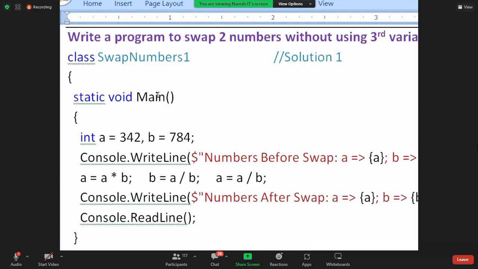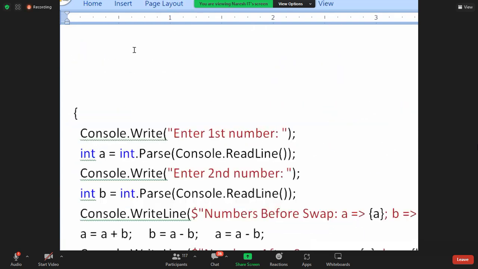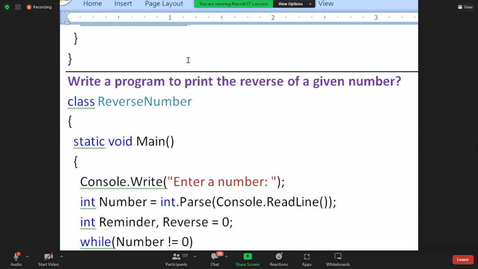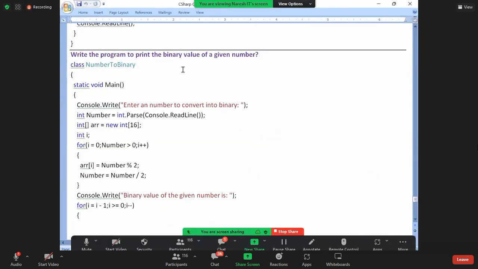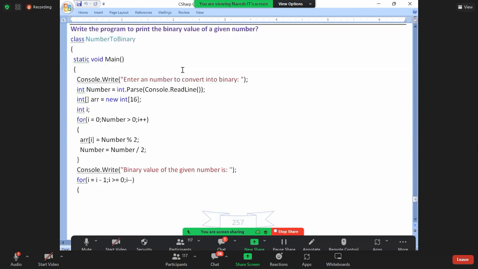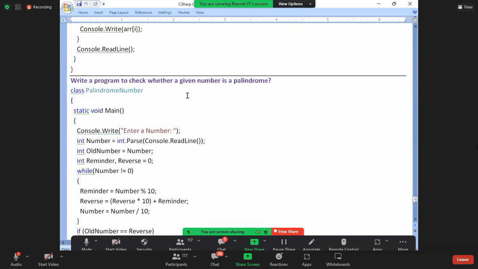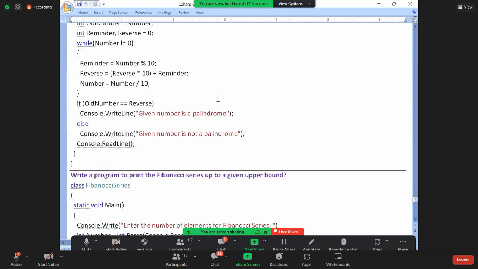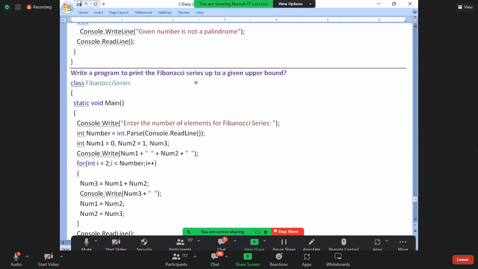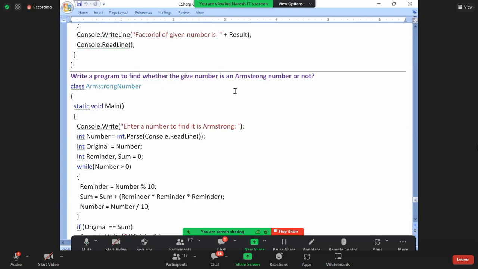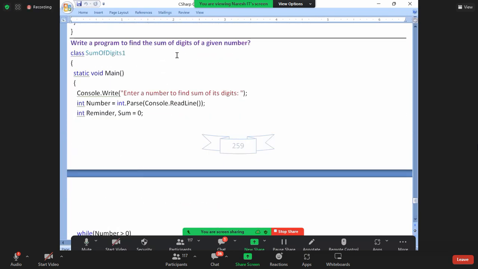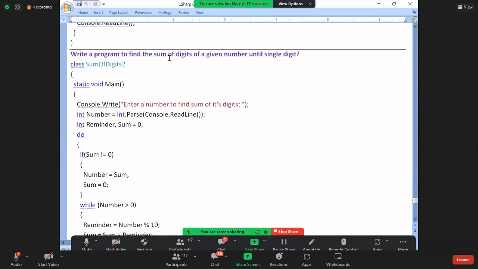So many programs again. Swapping two numbers, reverse of a number, binary value of a number, palindrome or not, Fibonacci series, factorial, Armstrong number, sum of digits